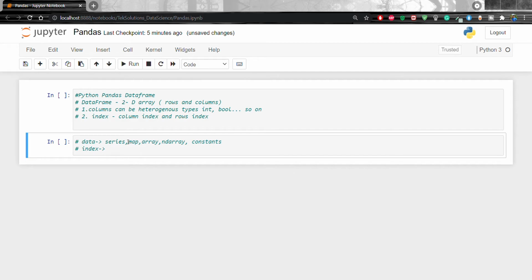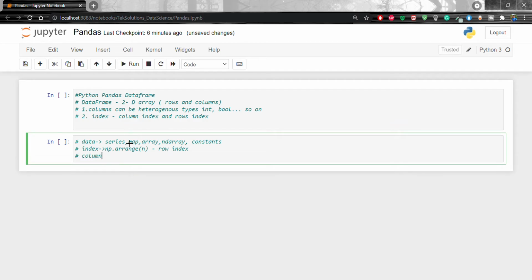The second one is index. The default np.arange is used for the row labels if no index is passed. So it is used as a row index if no index is going to be passed. Next one is columns.